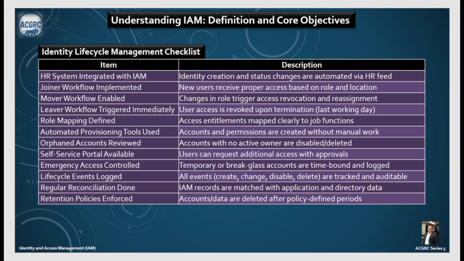Check whether your user requests for any additional access with approvals are self-service. If the answer is yes, fantastic, but it's not good. Because why would any user require additional access if your provisioning has been done correctly? If every possible combination of a person's requirements has been addressed initially, then you don't need the self-service in the first